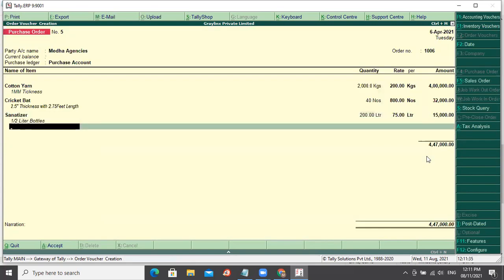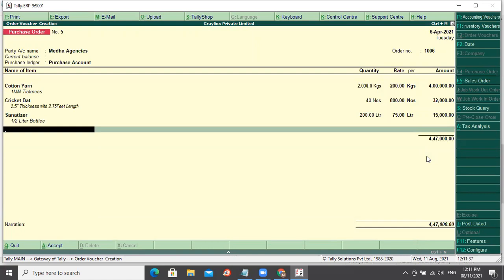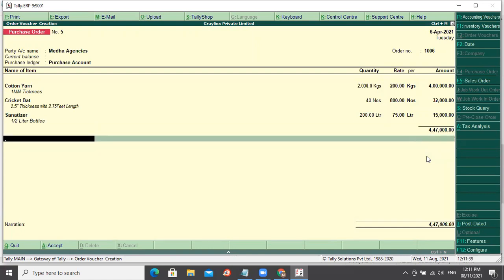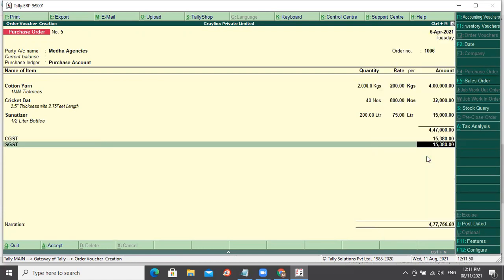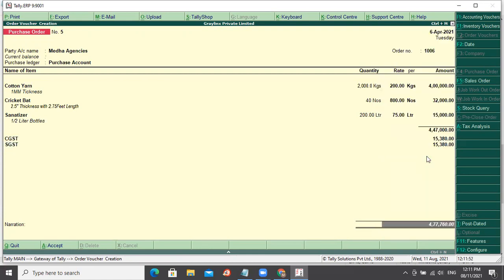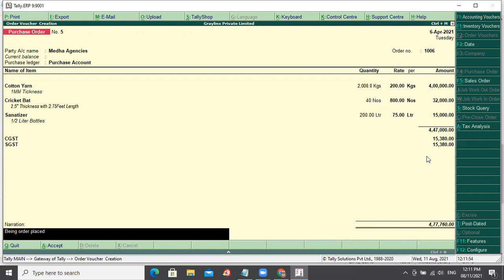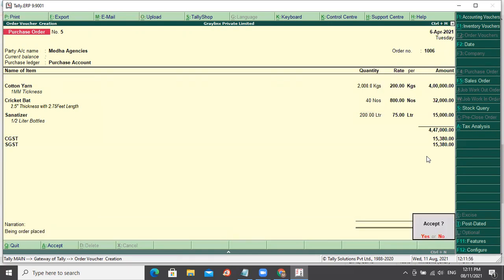So like this, you can go on adding multiple items, however many items you want. Now if you want to specify GST, you could specify, else you can leave it blank also. It's based on your need. For example, if you want to specify GST, select CGST, SGST. It will automatically calculate. Then order placed.